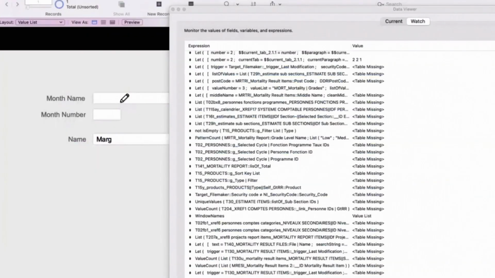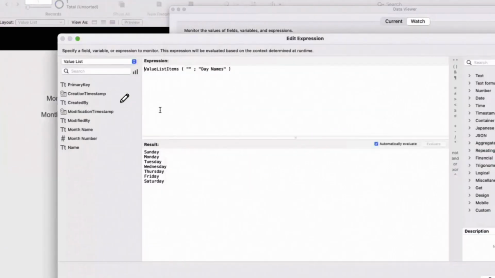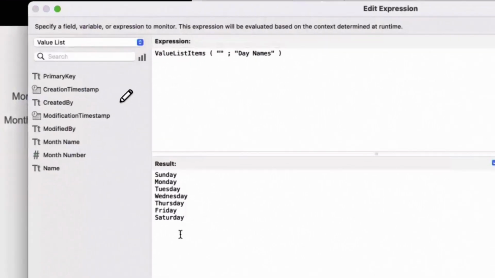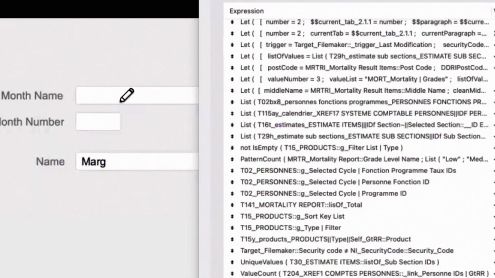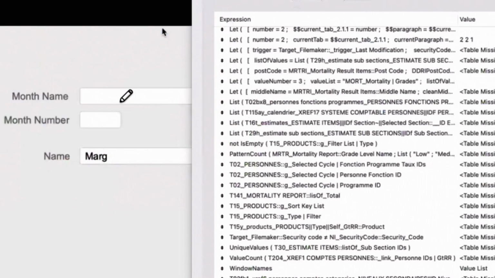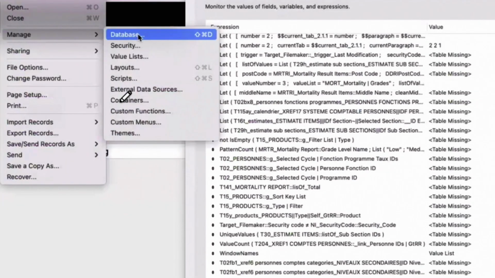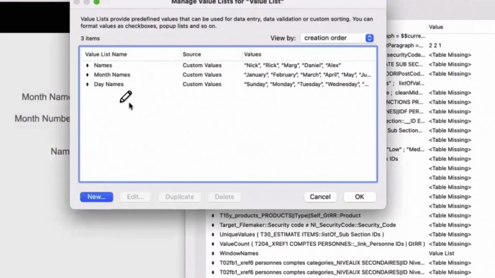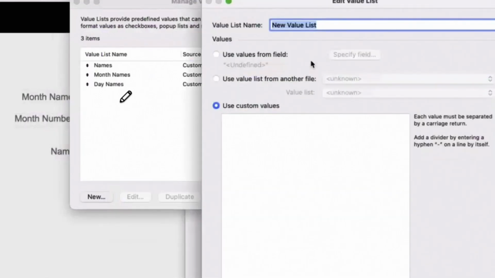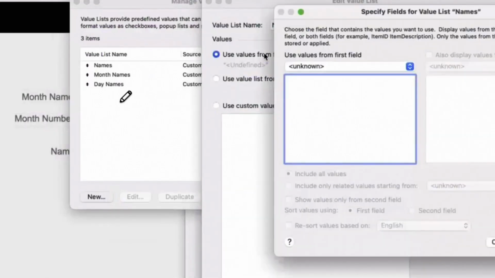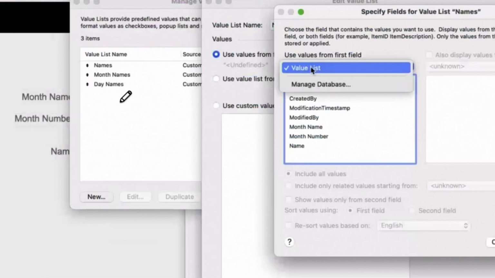Now another thing you need to know about value list items. It takes the custom value list, but it will also take the values from a field.